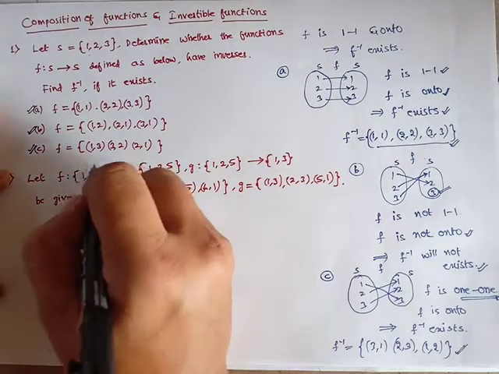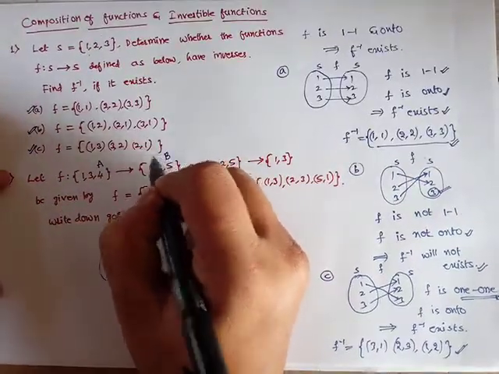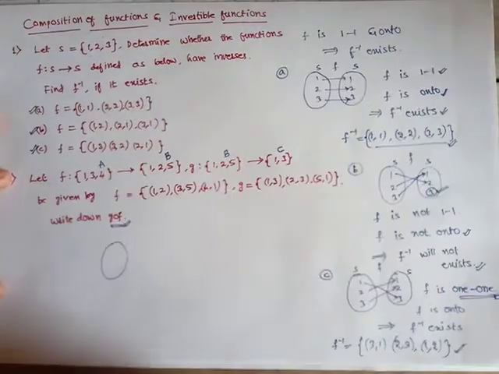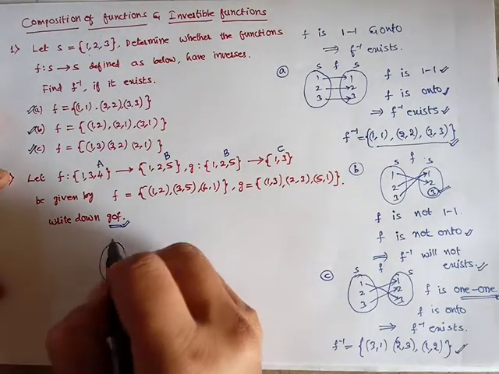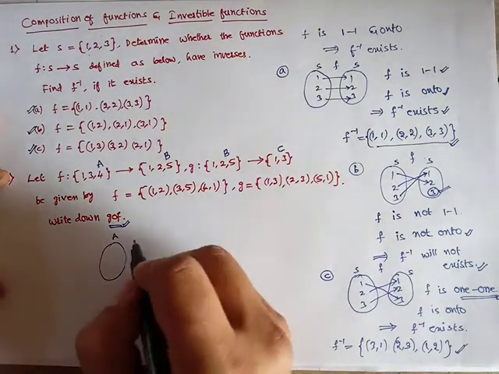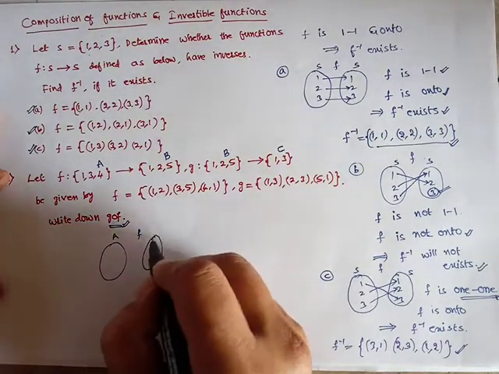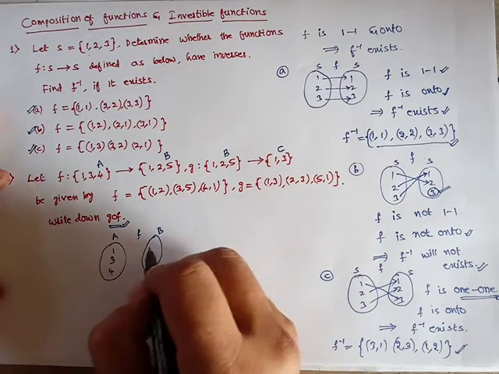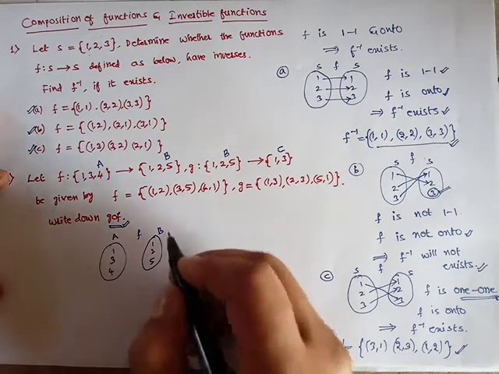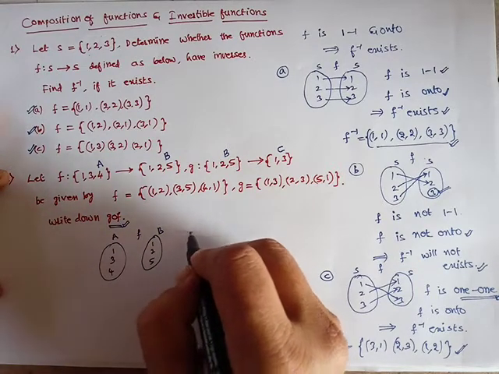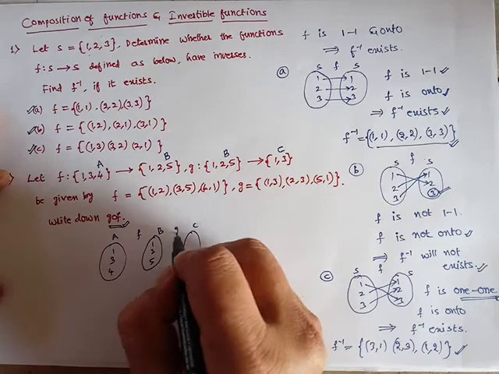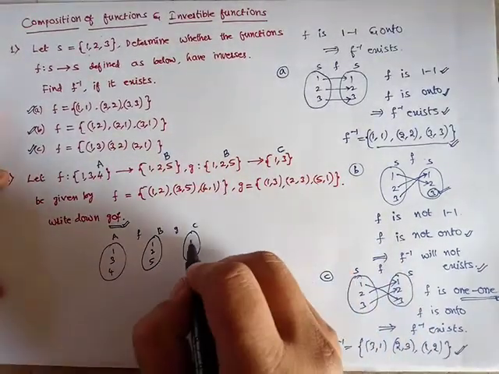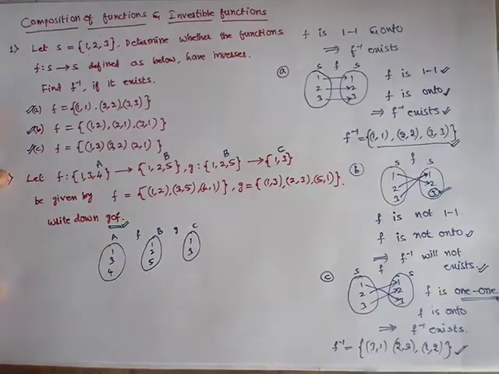So consider this set is going to be A, and this set will become B, and this also will become B, this will become C. Just you give the names for them. And this is A. F is mapping from A to B, so it is going from 1, 3, 4 to 1, 2, 5, and one more set C. From B to C, G is the function, so C is a set as 1, 3.